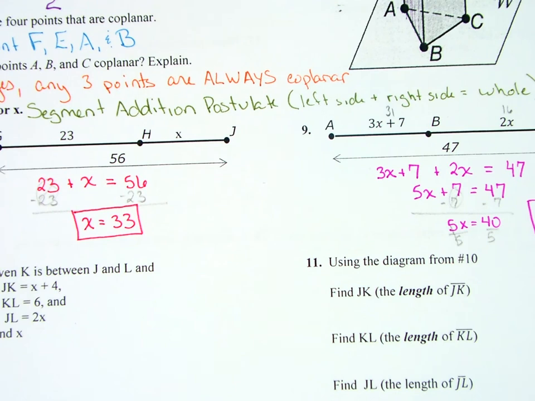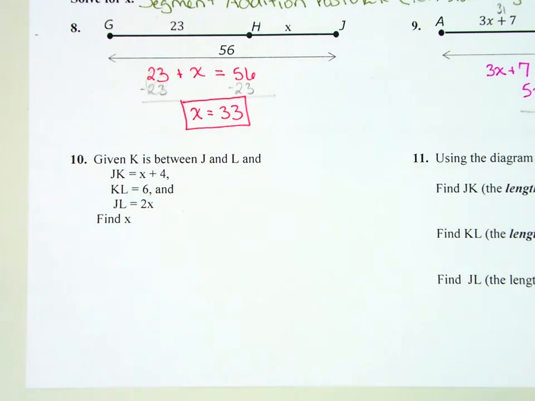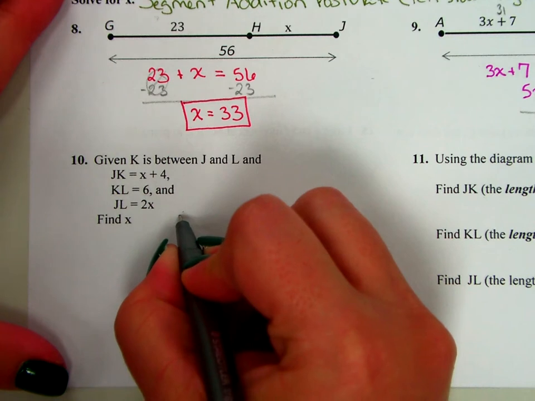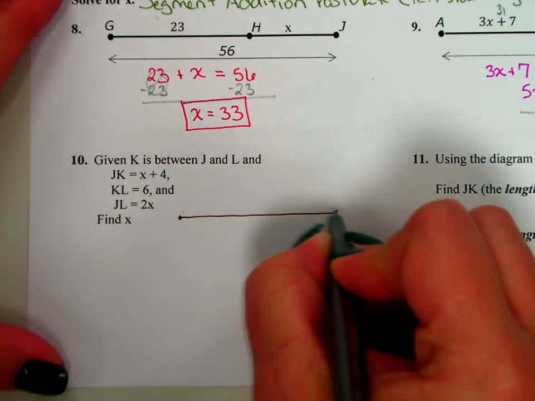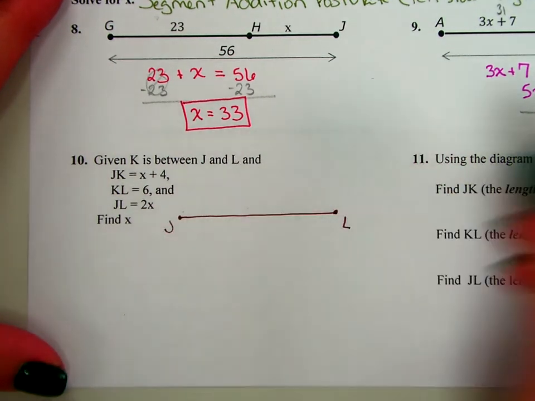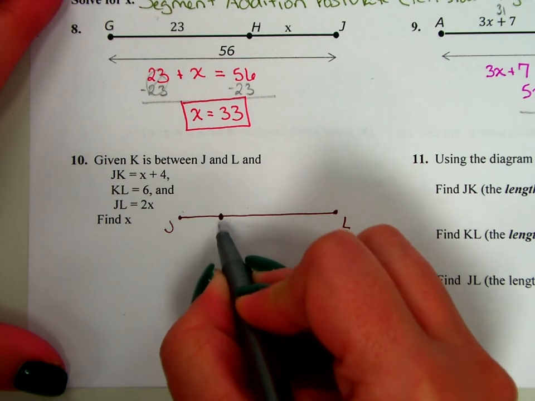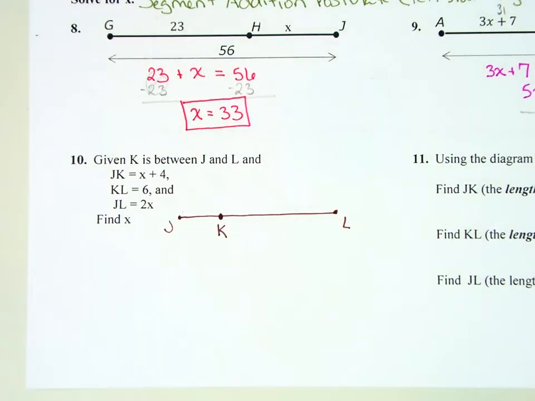Okay, next. Number 10, given K is between J and L. Does that mean it's right exactly in the middle? No. So when I draw my picture, if I see the word between J and L, I'm going to intentionally make sure K doesn't even look like it's in the middle, because I don't want to accidentally get it confused with a midpoint, right? So now that I've got K somewhere between J and L, not necessarily in the middle,